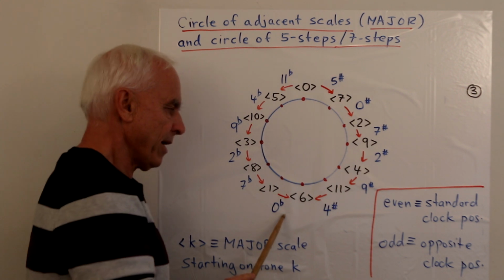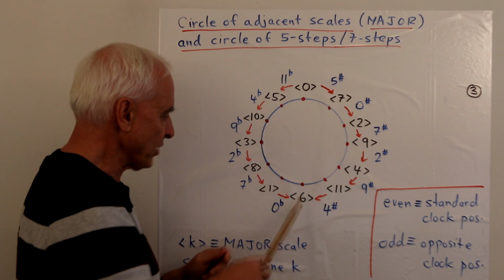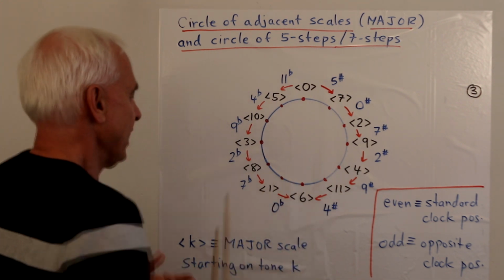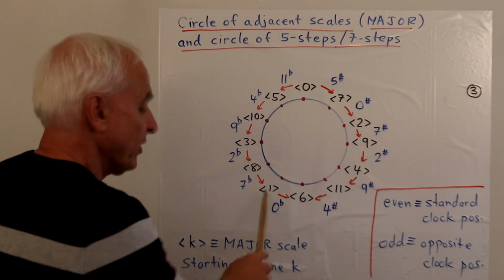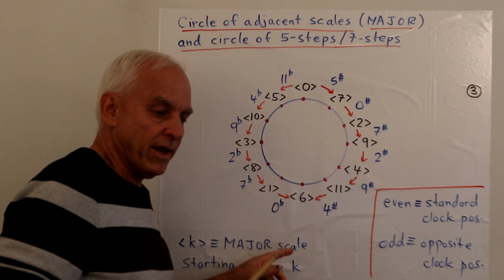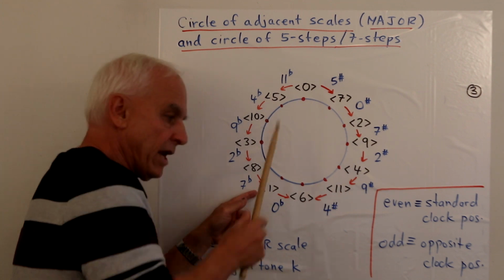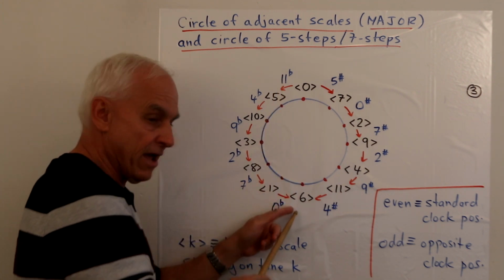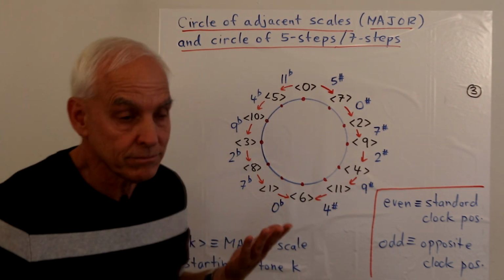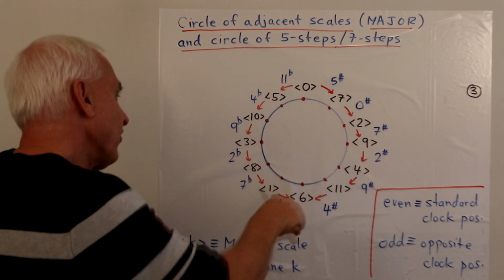Now, why isn't there 11? Well, there would be if we kept on going in this direction. You'd have to put an 11 here if you're thinking in terms of how to go from this one to this one by raising something. Because lowering the 0 is the same as raising the 11. Okay, start from here and you lower the 0, which is in this scale, you're going to get an 11. So correspondingly, to go from here to here, you have to take that 11 and raise it to get the 0. Okay. So that's exactly the same as it's appearing here, and of course the same is true in the other direction.